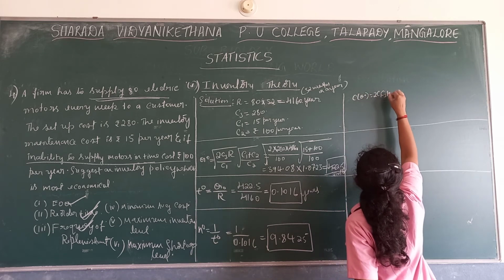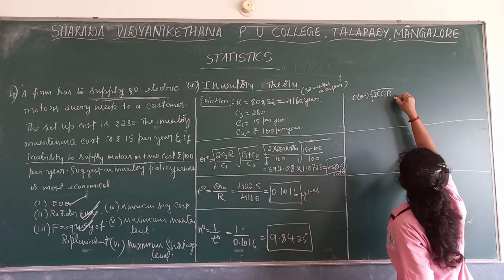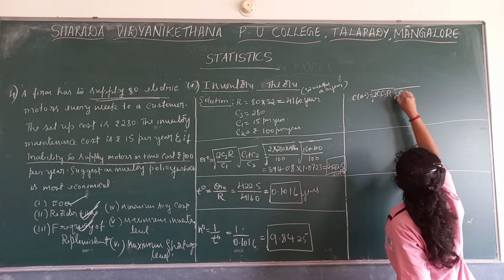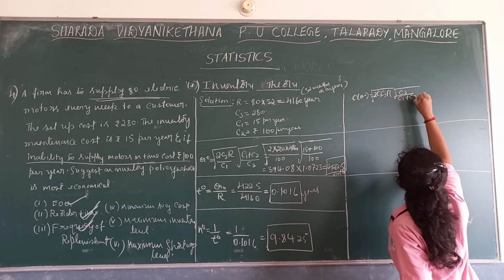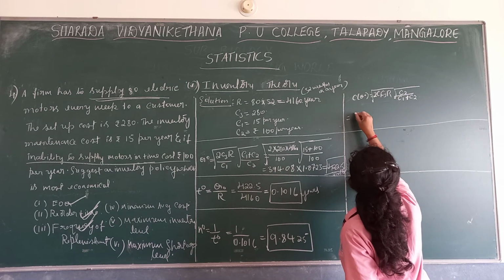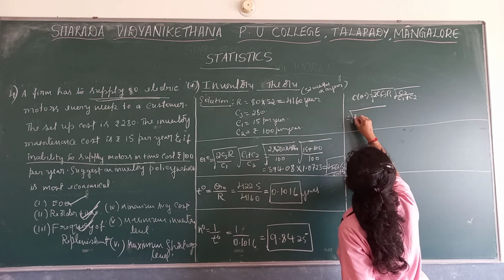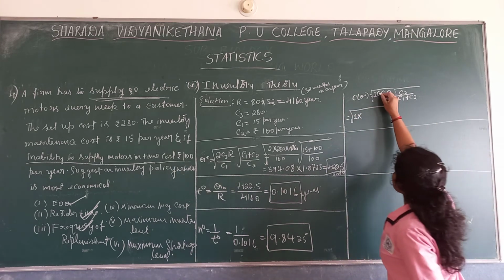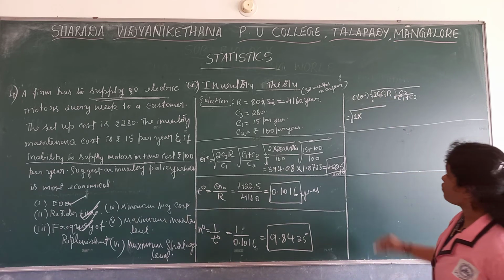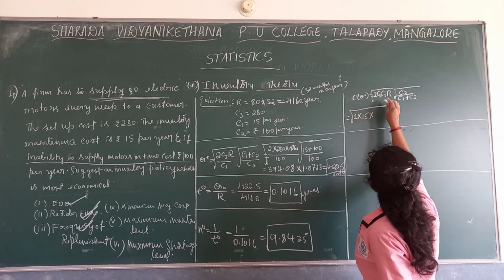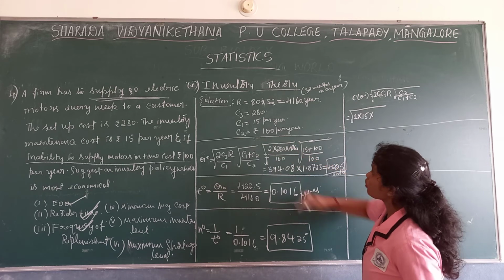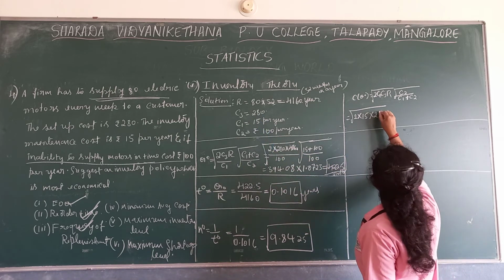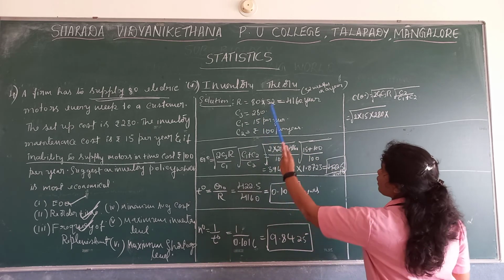C1 C3 are into C2 divided by C1 plus C2. Now we substitute here. First one, the root of 2 into C1. What is the value of C1? 50. Into C3. What is the value of C3? 280. Into R, demand